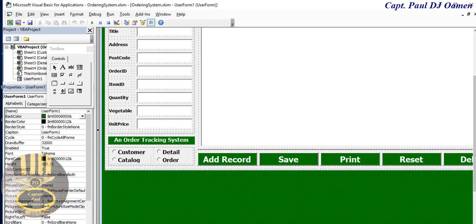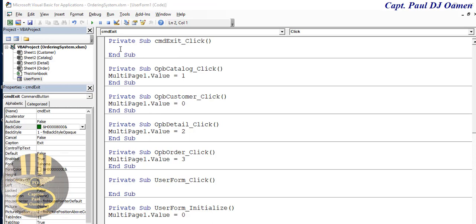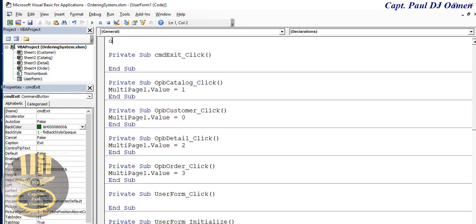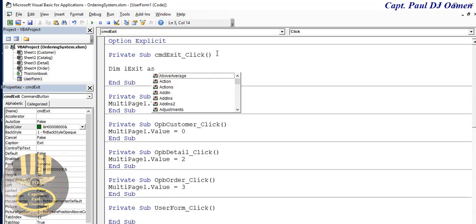So let's take care of exits. Now come right down here, and where is exit? Come down here, double click on exit. So with the exit, I'm going to declare the following variable. Oh, wait a minute, maybe we should just create, I'm going to need some global variable here. So let's come in here and just say option explicit. Right. Now with the exit, in there I'm going to enter, let's say dim I exit as VB message